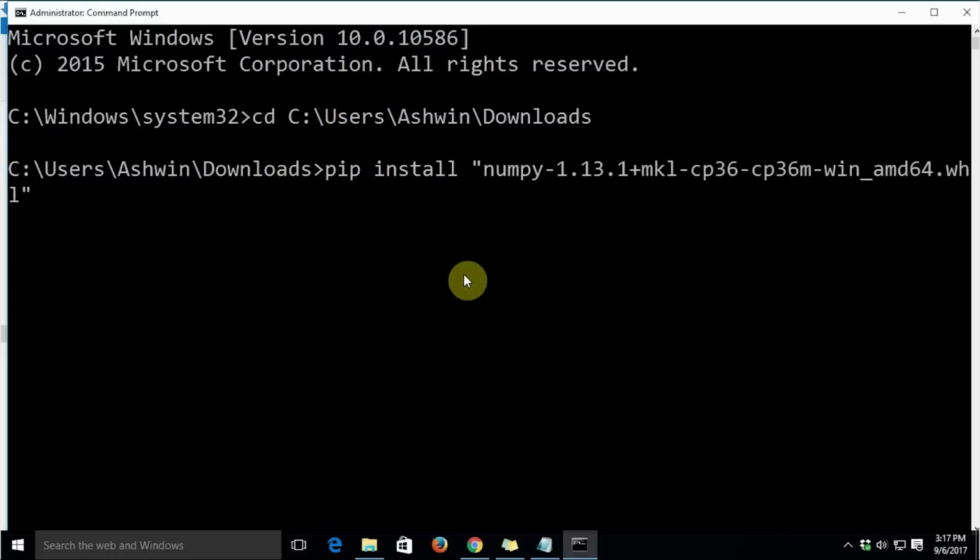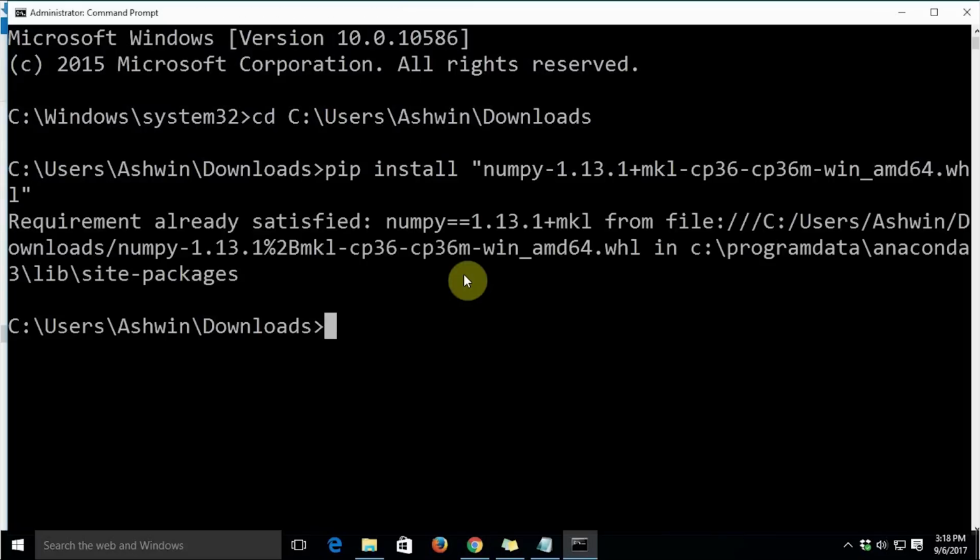So I just type NumPy and press the tab button on the keyboard. Then it automatically printed the exact file name of that NumPy wheel file. Now I just need to type pip install and the name of the file, press enter, and it is going to install NumPy. In the case of my machine, NumPy has already been installed, long before I started this tutorial, in order to save time. That's why it's saying that the requirement is already satisfied. In case NumPy hasn't been installed prior to this, it will go ahead with the installation.